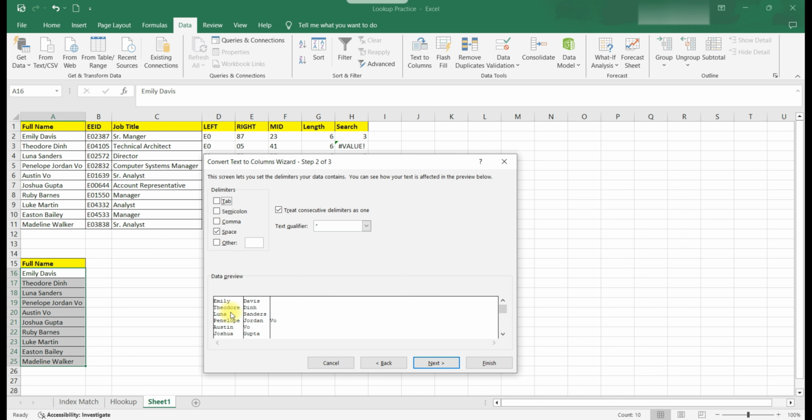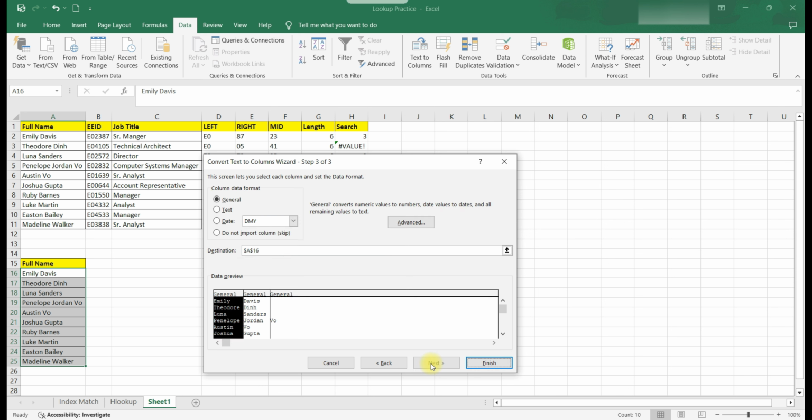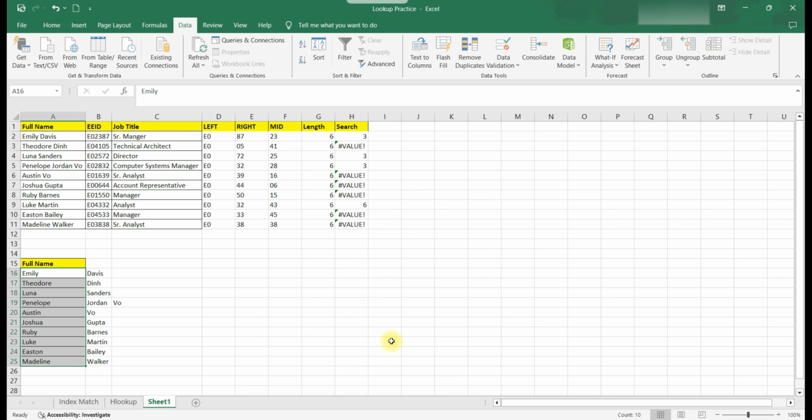and the data preview will be here. It will split the data into this type. Now click on next. We will continue with the general format as we don't have a specific format like text or date. We are not using that. So just click on finish, and this has split it into 3 columns because we have 3 names here: Penelope, Jordan, Poe. Let me just name it as first, middle,